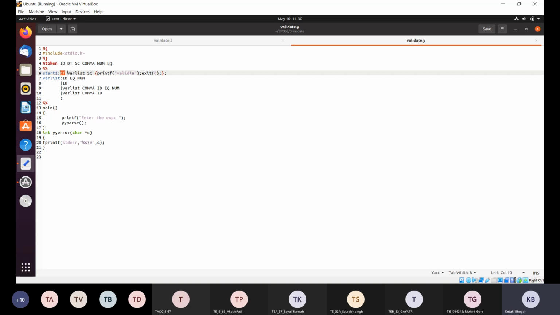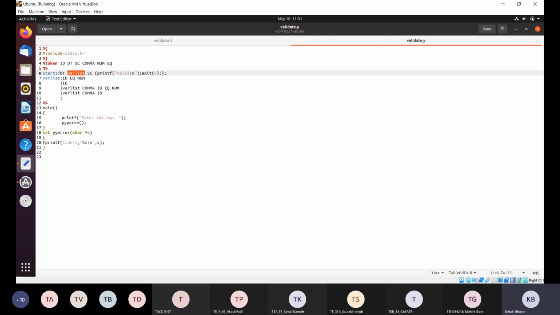So start one. First rule is that the data type should be there. Data type should be followed by the var list. Now var list is one more rule that is given. Now the variable list can have a single variable, multiple variables separated by commas, or a variable which is equal to some value. Any type of combination is possible after the data type.